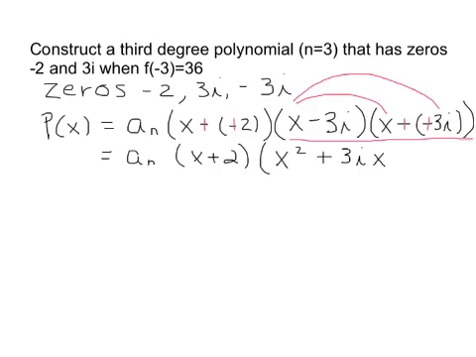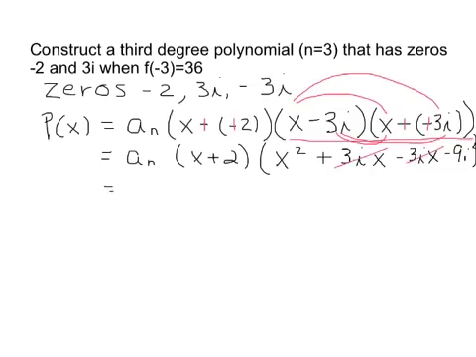And then for the inside, we have a -3i times x, and we get a -3ix. And then for the last, we have a -3i times a positive 3i, so that'll give us a -9i squared. Okay, so as you can see, we have a positive 3ix and a -3ix, so they add to 0 and